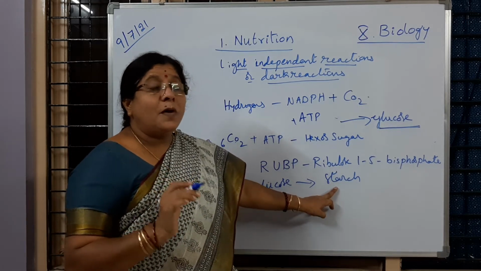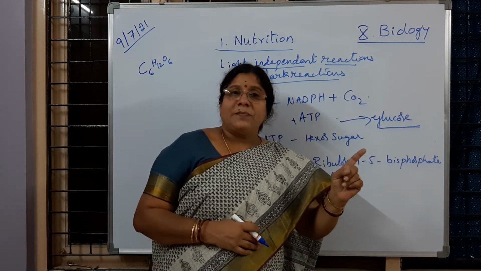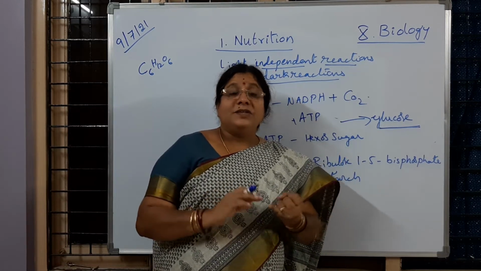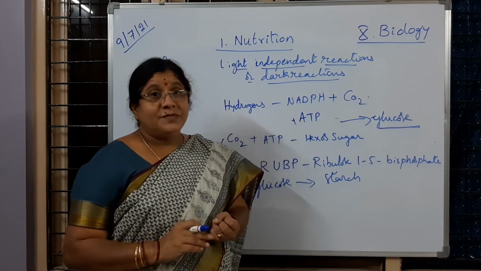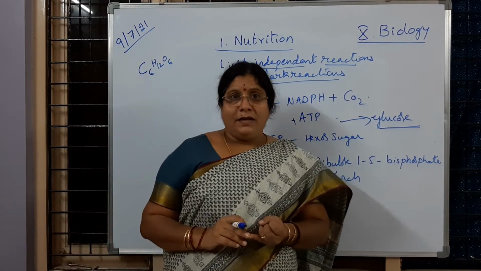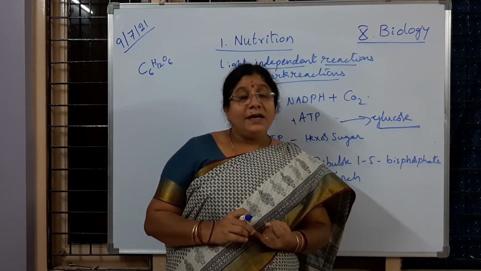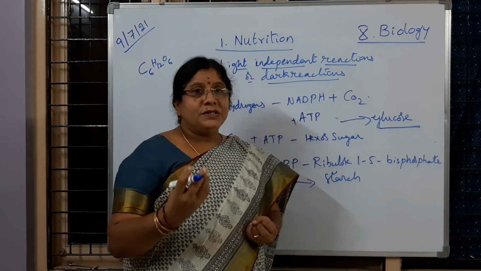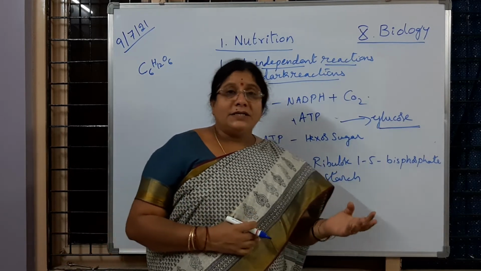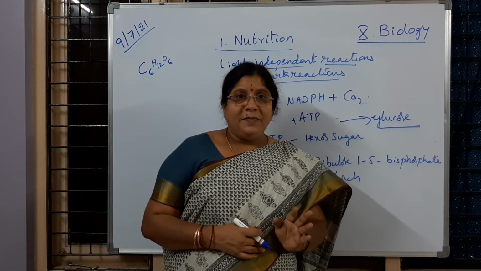So here 2 points you have to remember. In the first step, the light reactions, assimilatory powers. You will be given questions like giving some examples of assimilatory powers. What do you mean by assimilatory powers? You will be asked that also. It means the energy rich molecules which are formed in the light reactions of photosynthesis, like ATP and reduced NADP.